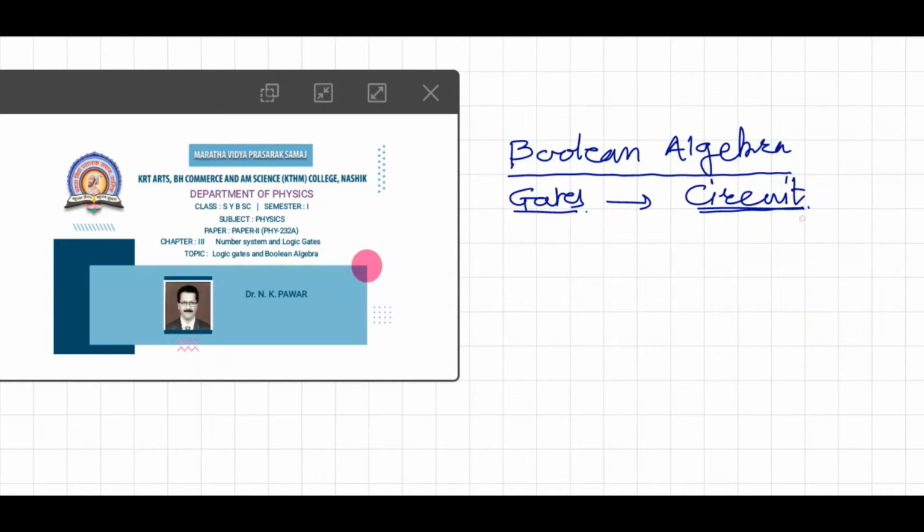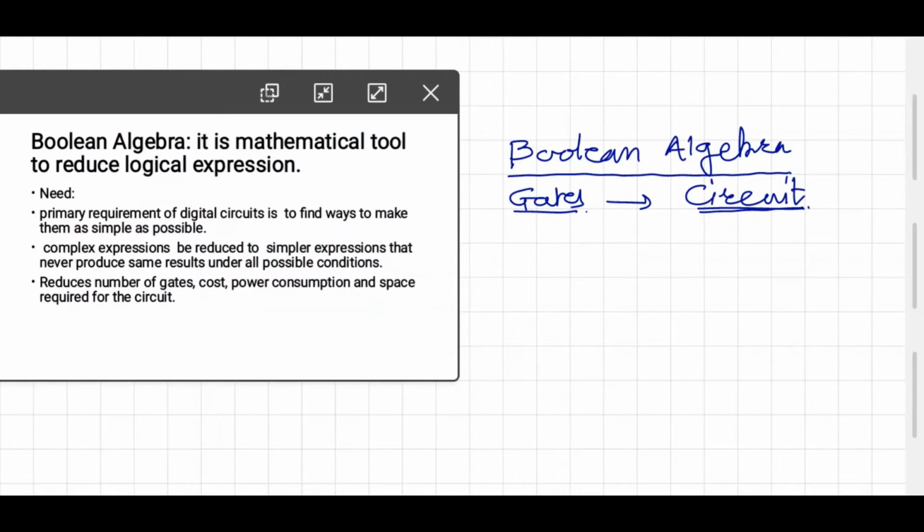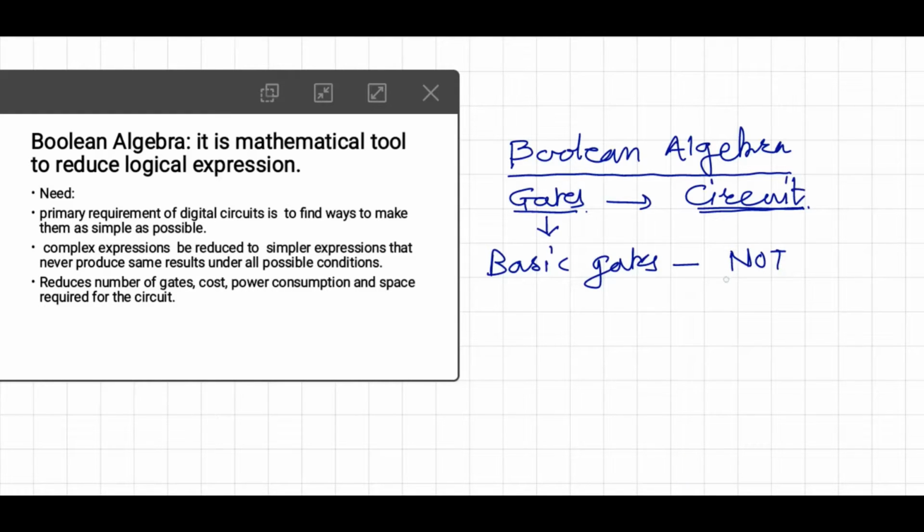So now we are going to see the concepts of Boolean algebra, its rules, and how we can simplify the given Boolean expression, that today we are going to see in this topic. Here we have already seen the gates, that is we saw the basic gates, that is NOT gate, OR gate, AND gate. And similarly, using these basic gates we have already discussed the derived gates,